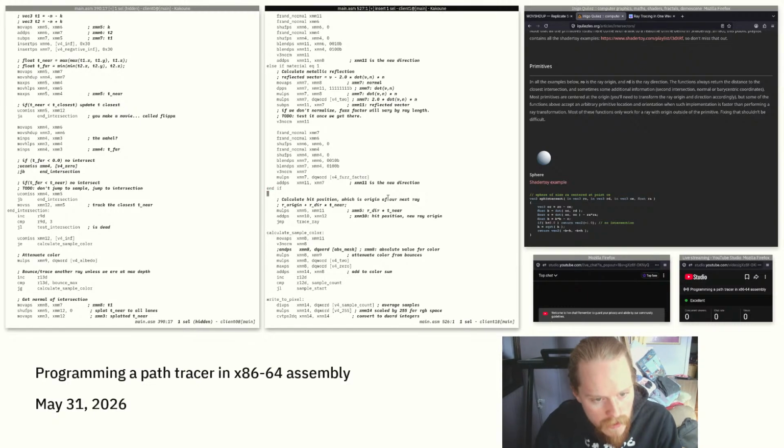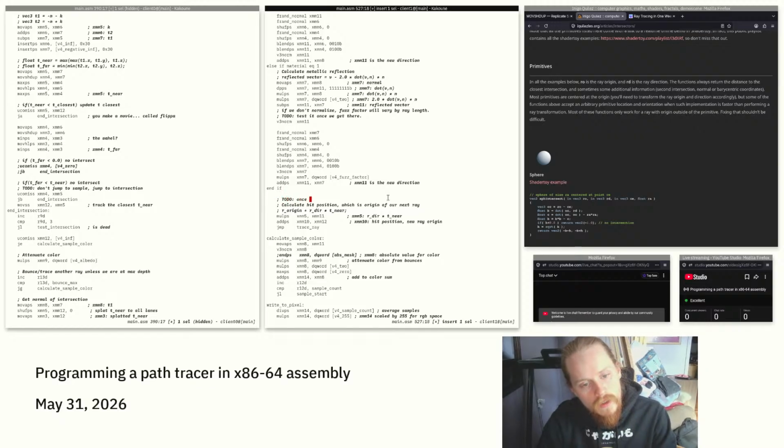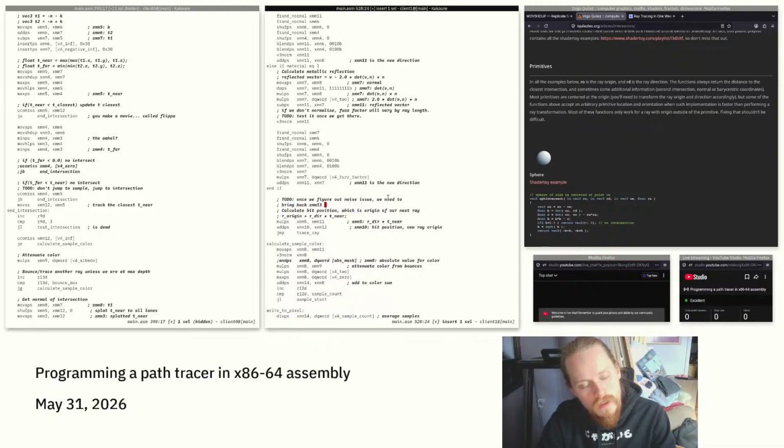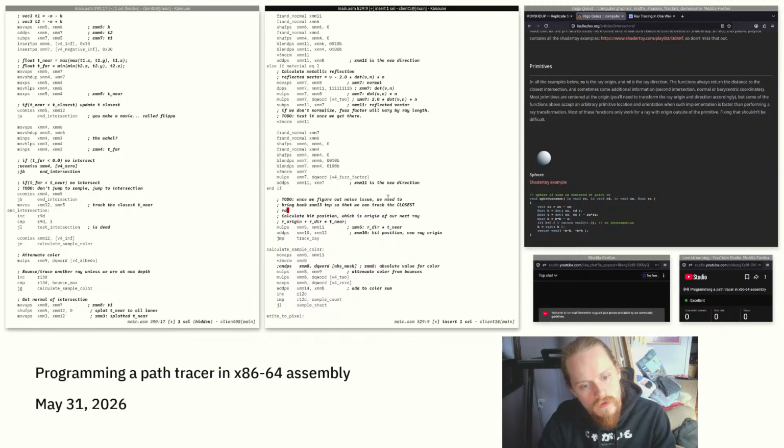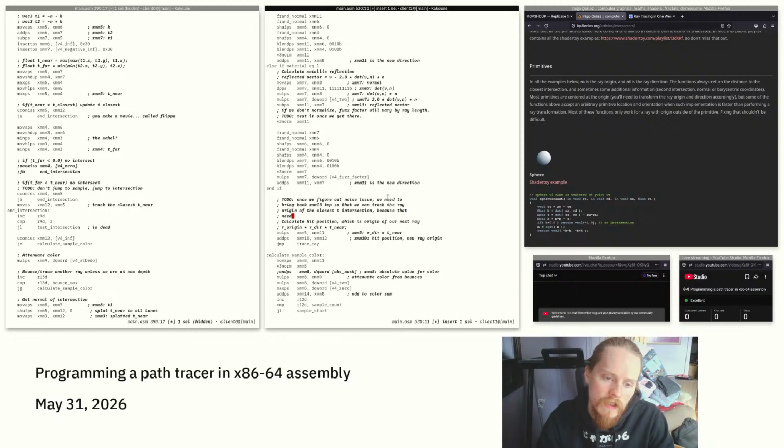All right, I'm going to add a to-do here because it's not the issue that we're dealing with now. Once we figure out the noise issue, we need to bring back XMM13 temp so that we can track the closest ray origin of the closest T intersection, because that needs to be the